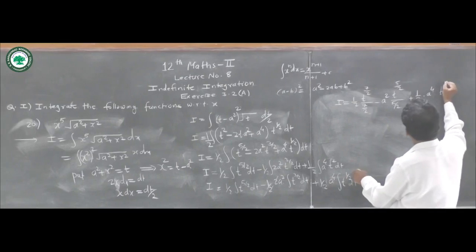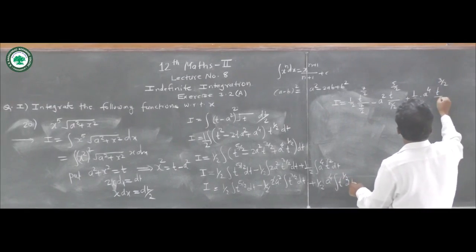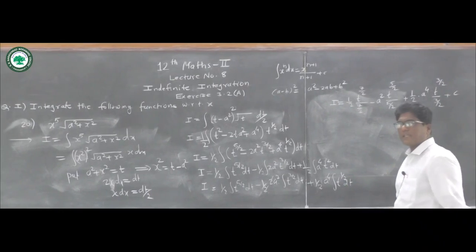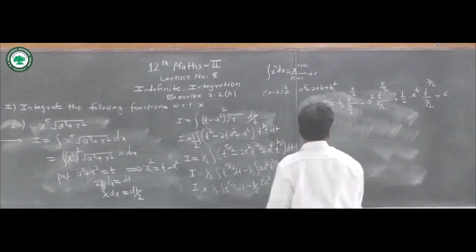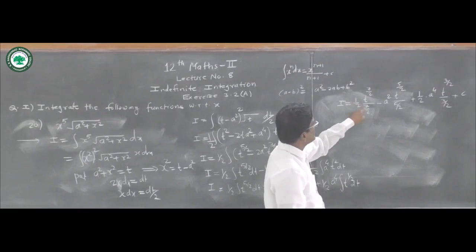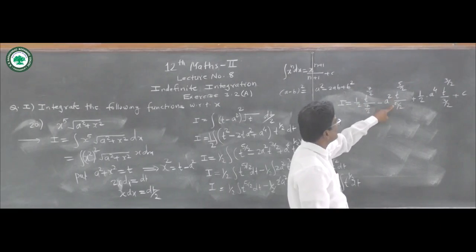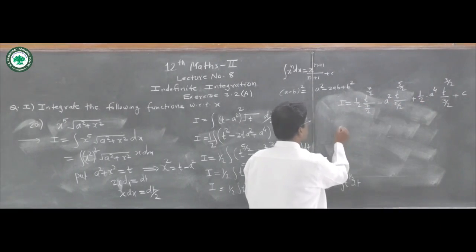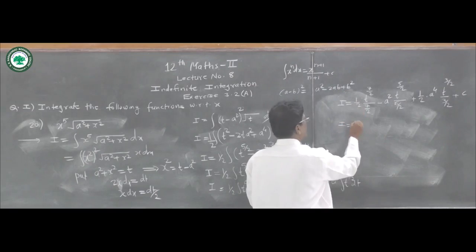So 1/2 plus 1, that is 3/2 divided by 3/2, and lastly we write here constant as c. So we get this integration. We write now here 7/2 as 2/7, here 5/2 as 2 upon 5, here 3/2 as 2 upon 3. So I is equal to this 1/2 as it is